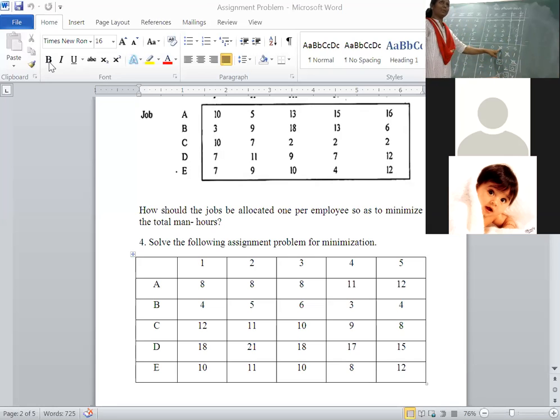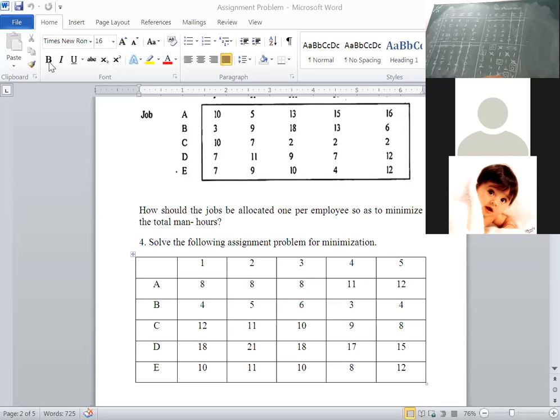Okay, this zero is cancelled out. The first row consists of a single zero. Mark it with a square. In this particular column, if any other zero is found, cancel it out. The remaining is a single zero. Finally, we got 5 assignments. Yes. The given problem is at the optimum solution.